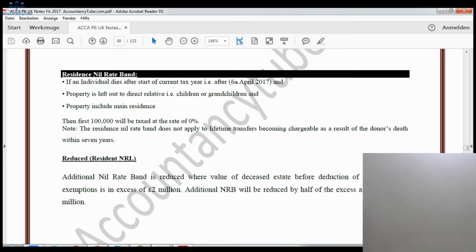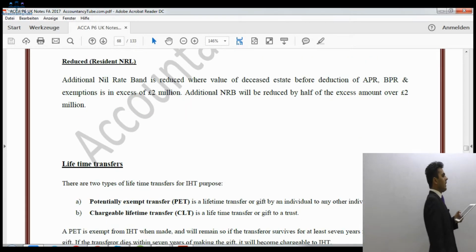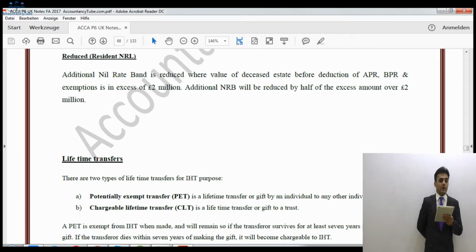Now, for our P6 students, the residence nil rate band we have already seen in our previous video. However, we haven't seen the reduced residence nil rate band. In certain circumstances, it is only relevant to P6. We haven't seen that in the earlier video. So the residence nil rate band of £100,000 will be reduced in certain circumstances. So what are these? The additional nil rate band is reduced where the value of the deceased's estate before deduction of APR, BPR